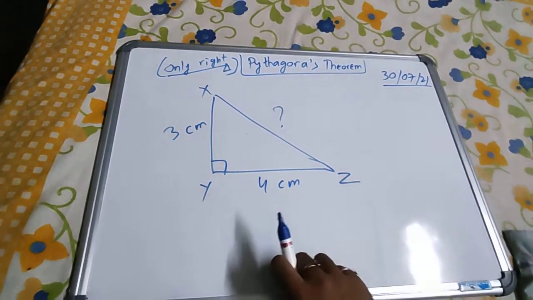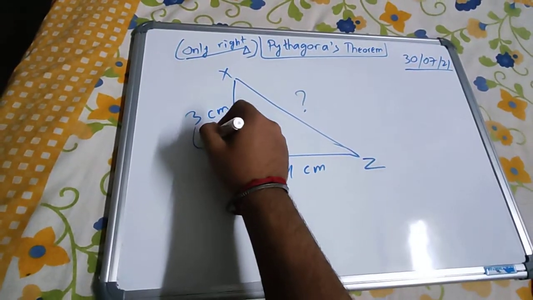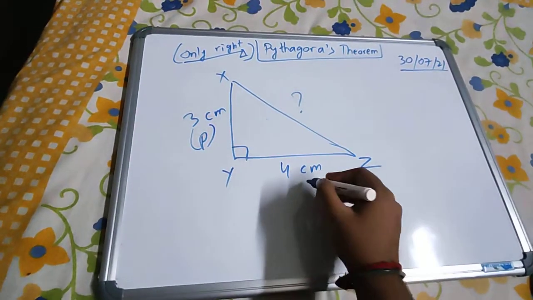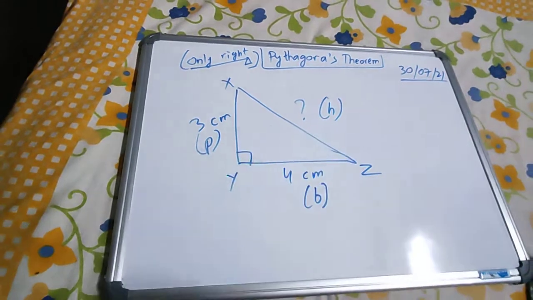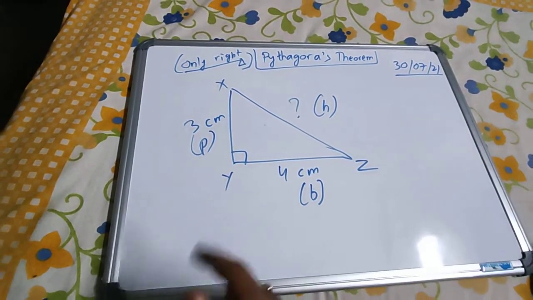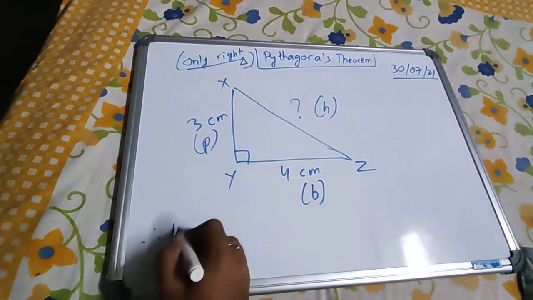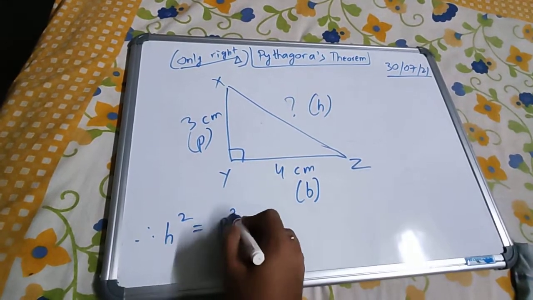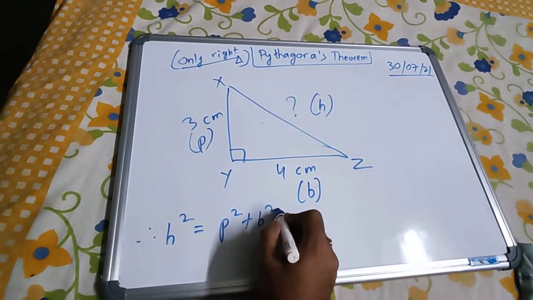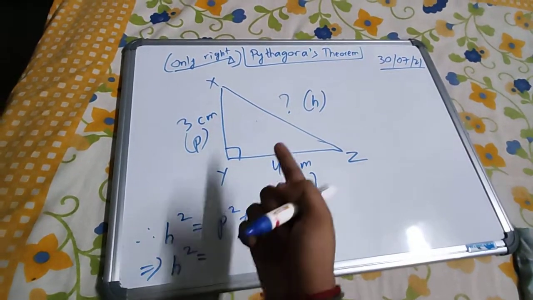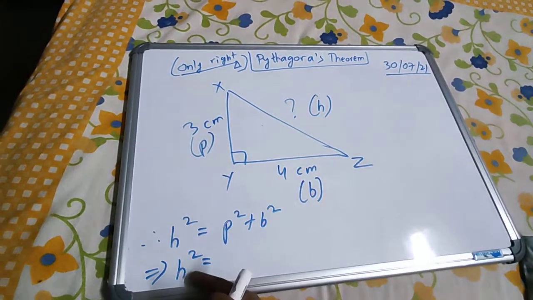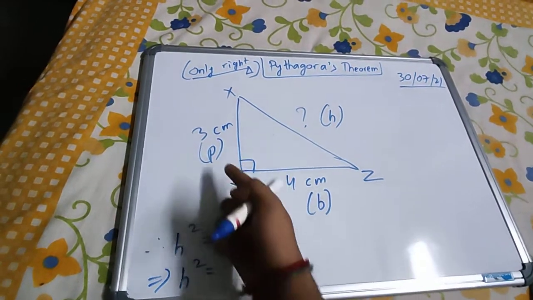Okay, so I am taking, see, perpendicular is given, so this is perpendicular, we know. Base is also given, but hypotenuse is not given. Question mark. What we know? Straight away formula. So hypotenuse square is equal to perpendicular square plus base square. Okay, see, so hypotenuse square we don't know, we have to find h. Since we don't know h is question mark, we have to find out h. Perpendicular square, what is perpendicular? 3.